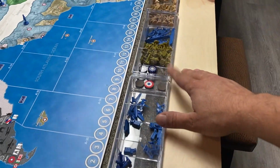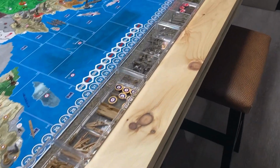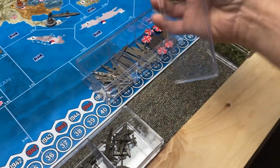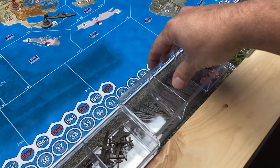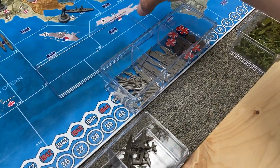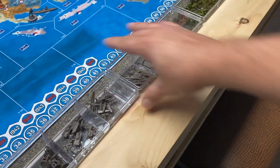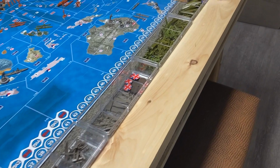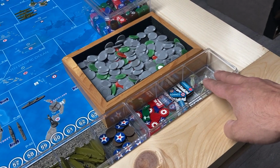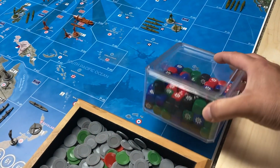And I've shown these plastic trays before in the past in another video. I really like them. They're compartmentalized and they have a lid for them, so you can keep the lids on them, keep dust out of them, store them well because they stack on top of each other really nicely. And they're so cheap. They're like $1.25 at Dollar Tree. So I get not only trays for Axis & Allies, but my other games as well. And these are also in the same area,